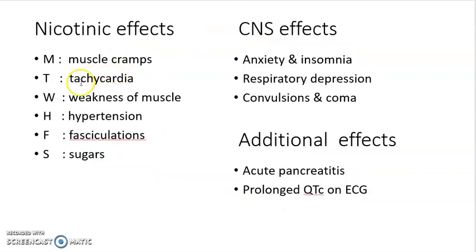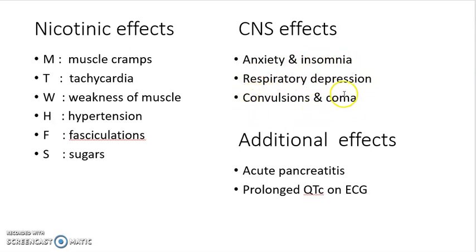So you have weakness of muscle, hypertension because of the nicotinic effects on the ganglion, fasciculations of the muscle, high sugars, and on the central nervous system, we see anxiety and insomnia. You might get respiratory depression,